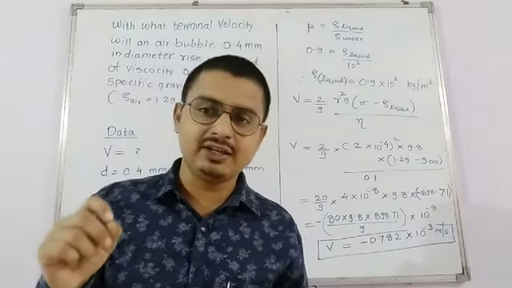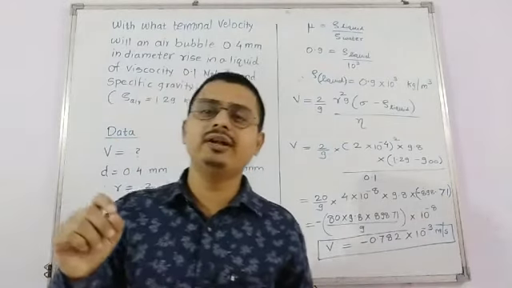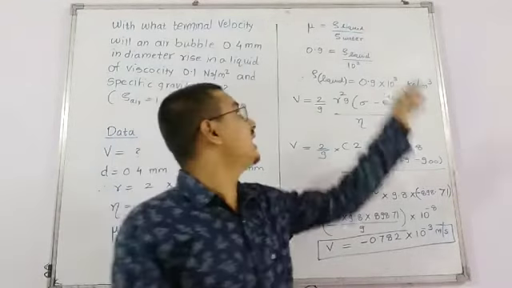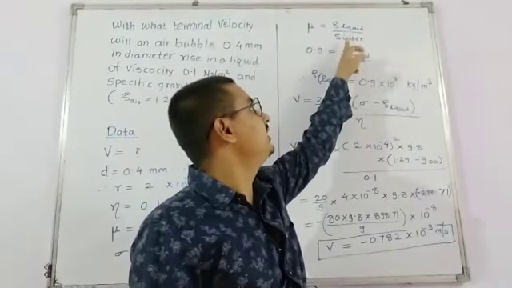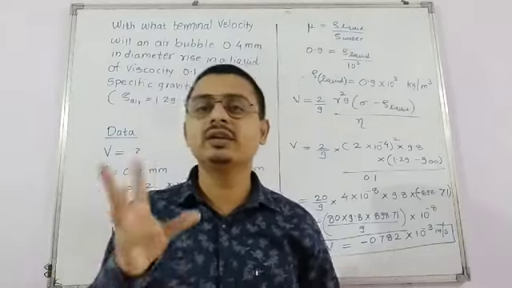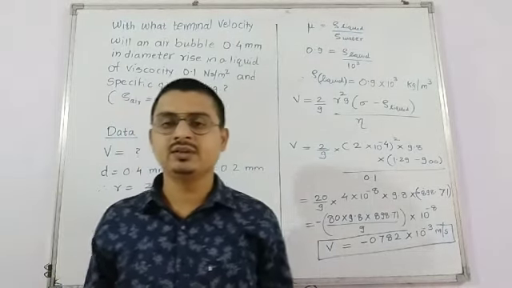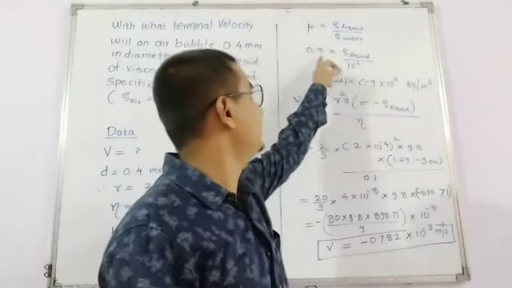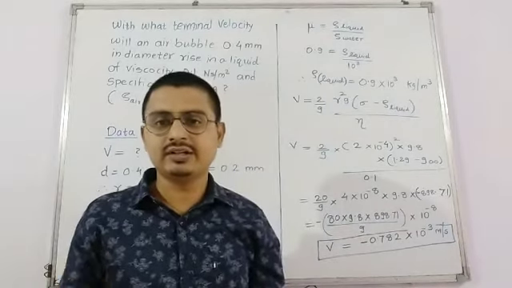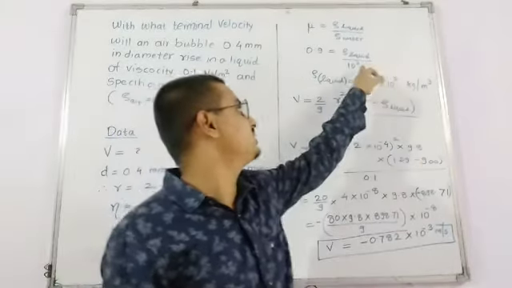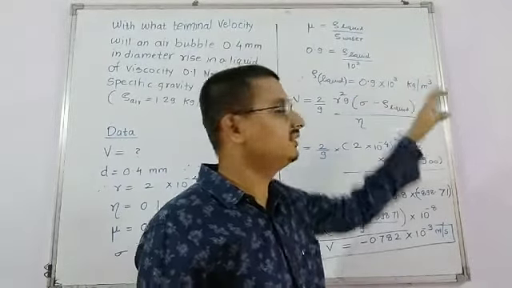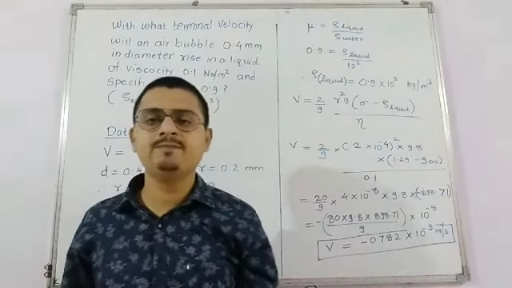Specific gravity is the ratio of density of a liquid to the density of a fluid. Sorry, density of a liquid to the density of water. So यहाँ पे mu is equal to density of a liquid divided by density of water. हम जब भी किसी डेंसिटी का, जैसे हम लोग रिलेटिव डेंसिटी बोलते हैं, that is a relative density, that is स्पेसिफिक ग्रेविटी. So 0.9 is equal to rho liquid divided by 10 power 3 because जो density of water है 1000 kg per meter cube, that is 10 power 3. So I state here, therefore the density of liquid we get 0.9 into 10 power 3, that is nothing but 900 kg per meter cube.